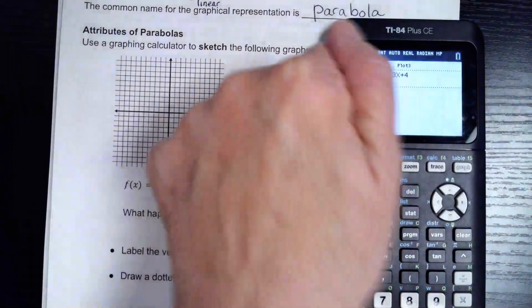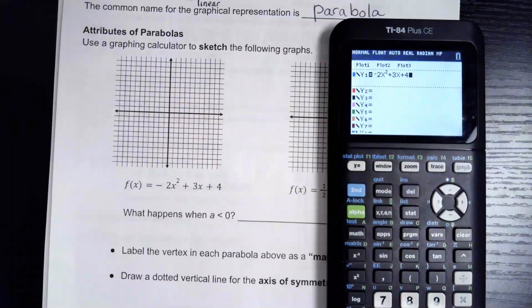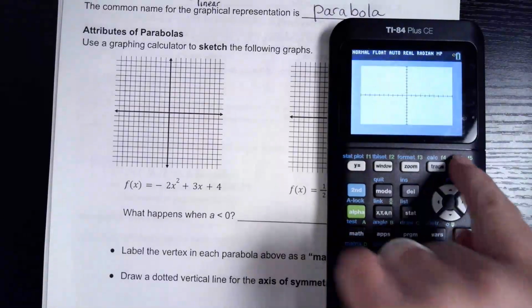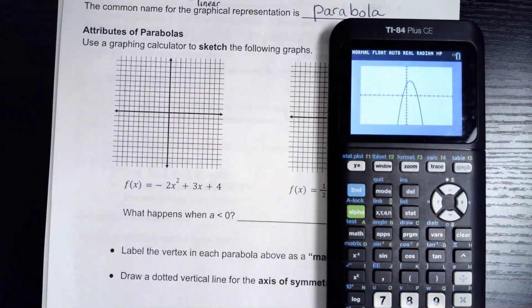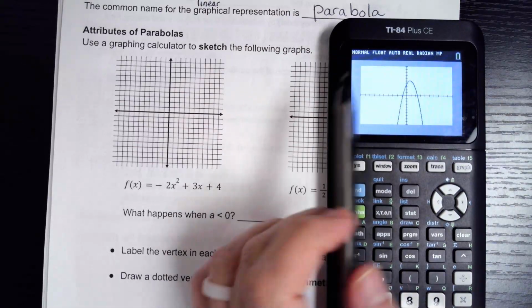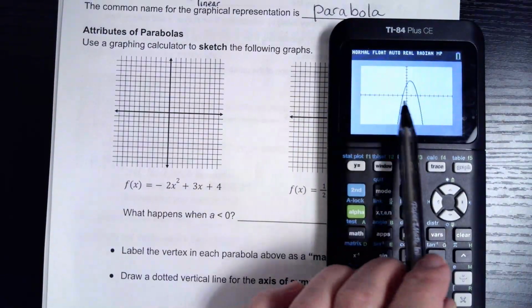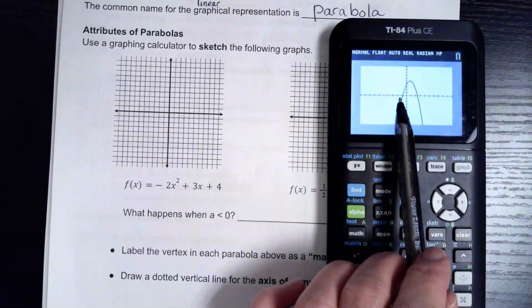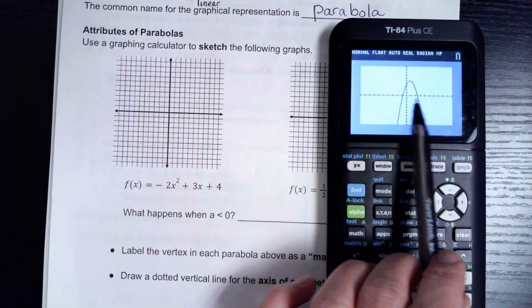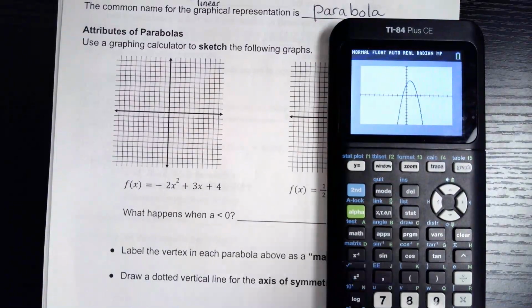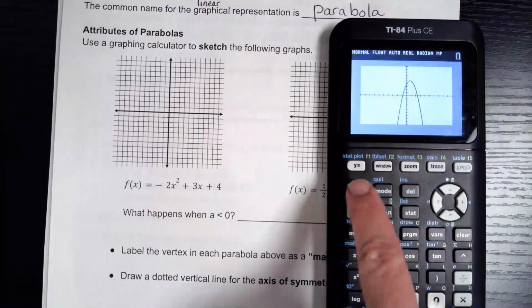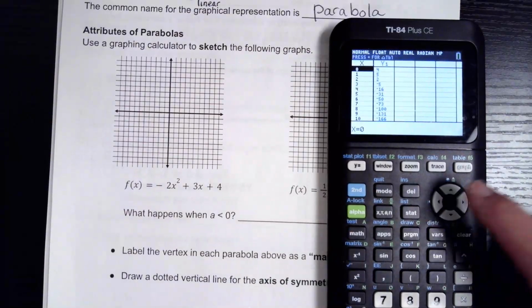So what do you think we need to do? If we've got something in y equals, in general, there's 2 things you might want to do with it. Graph and table. Yeah, we could look at the graph, and looking at the graph gives us a general idea, and you could loosely sketch that, but I'm thinking I may want to look at the table to get some actual points, but this gives me an idea of maybe I'm going to be looking at points maybe from around -2, +3, something along those lines. So to look at the table, I do second graph,